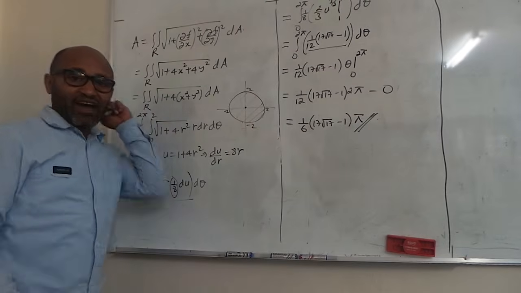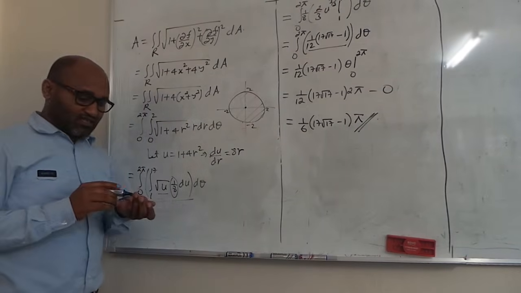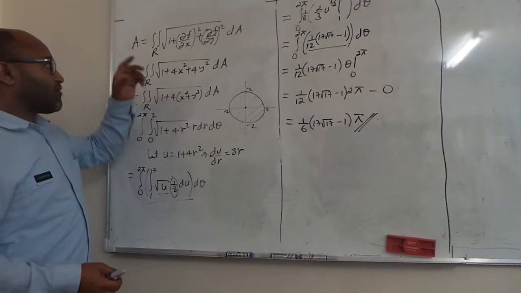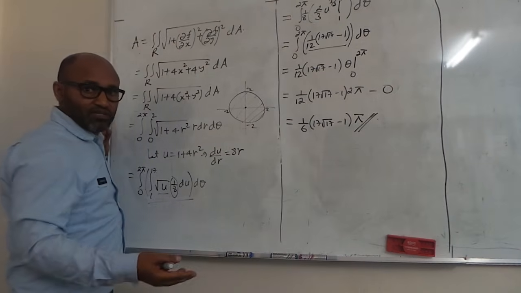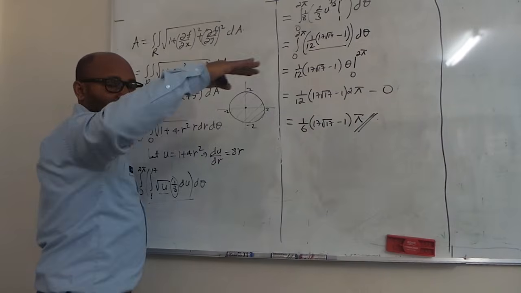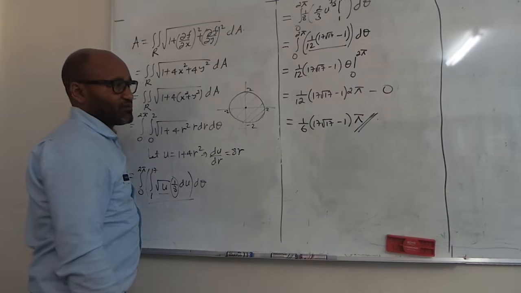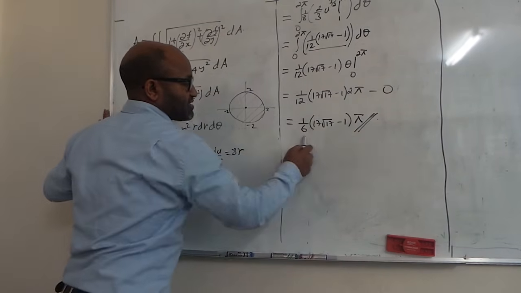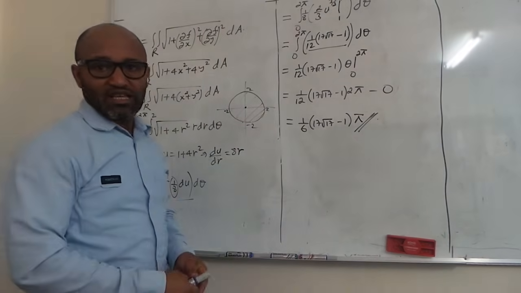This is the next question. ጥያቄ ምንድነው? Find the area of the surface of the paraboloid z = x² + y² cut by the plane z = 4. That's the area of the paraboloid below the surface